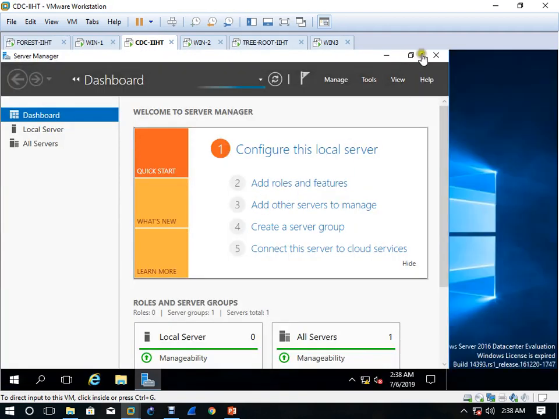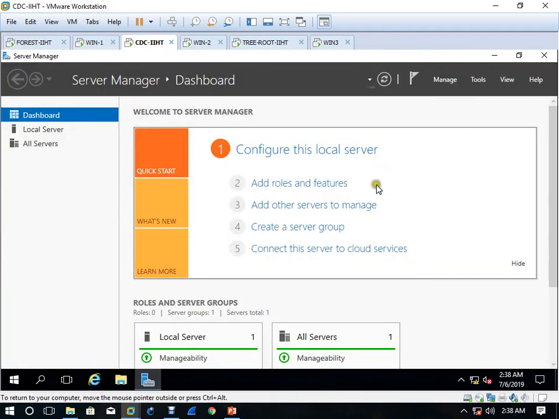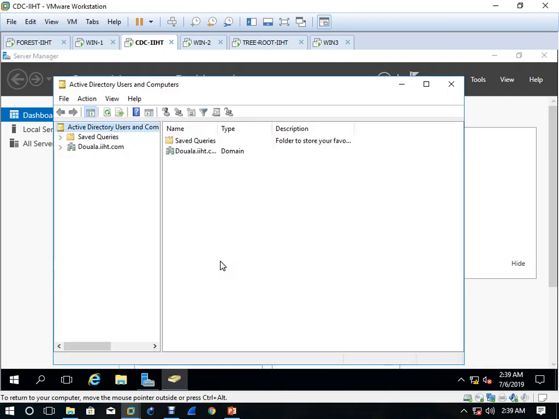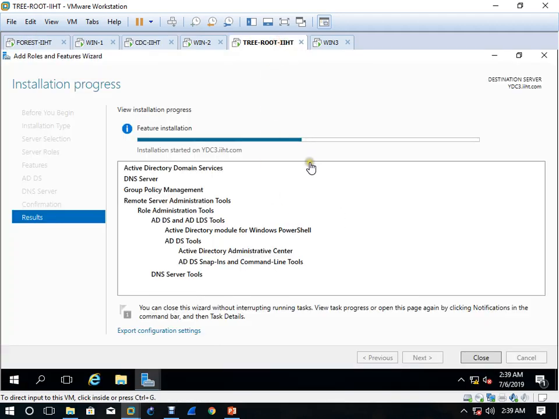Now come here to CDC, click on tools, Active Directory Users and Computers. And see, this is doala.ist.com. So this is the CDC and it is following the distinguished name of the IST server. Now let's come to the tree root. Now, how the tree root works.